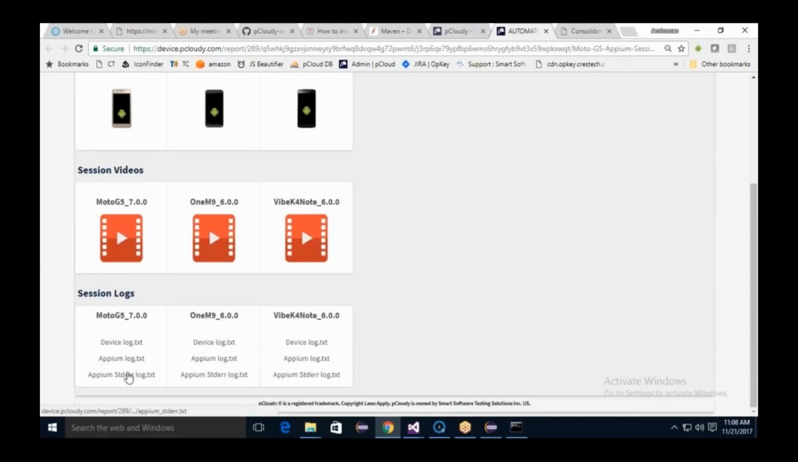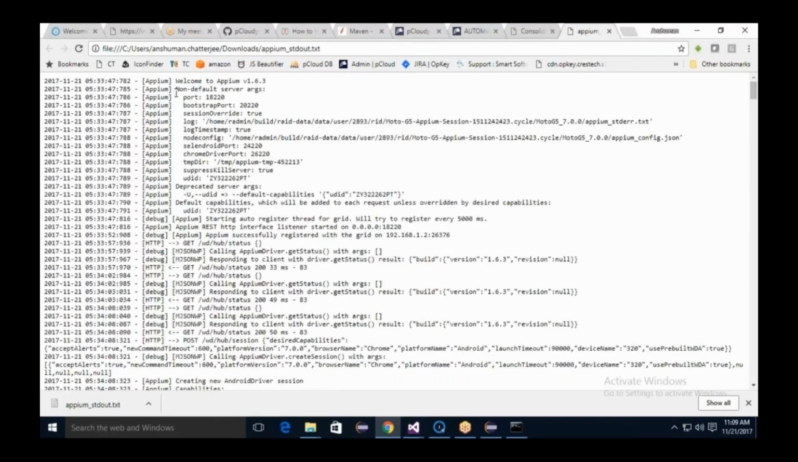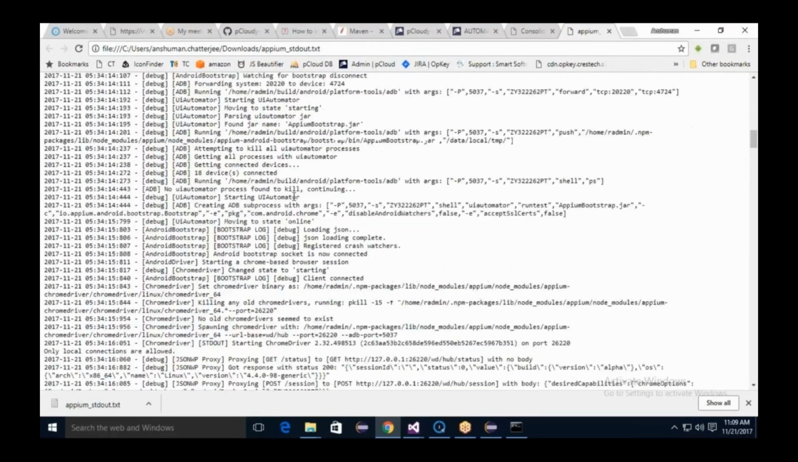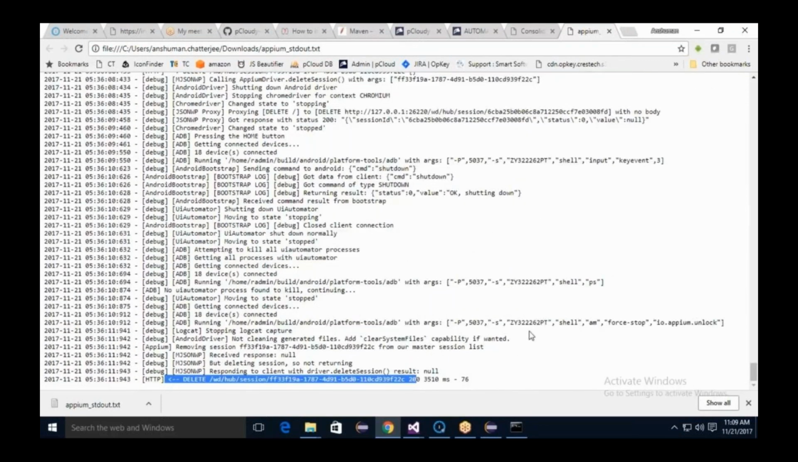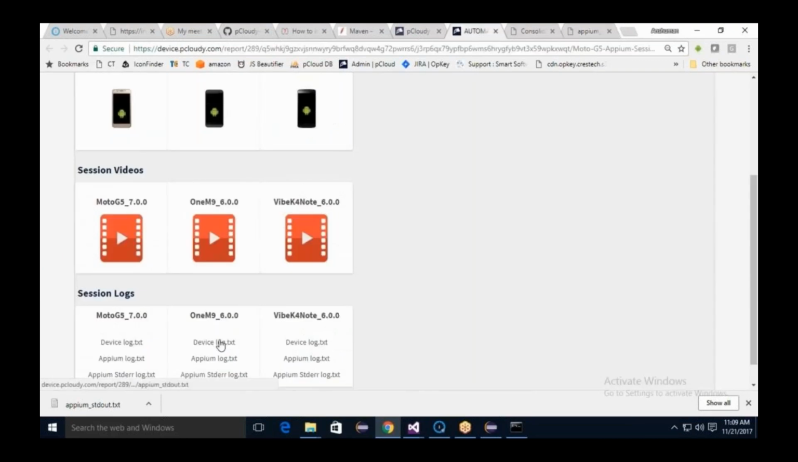So it has your Appium logs, it has your device logs. This is all the Appium server logs that were executed. This you don't have to capture. This pCloudy captures automatically. Then the device logs. So all these logs are also available as part of API. So you can download it from the API and from within your script